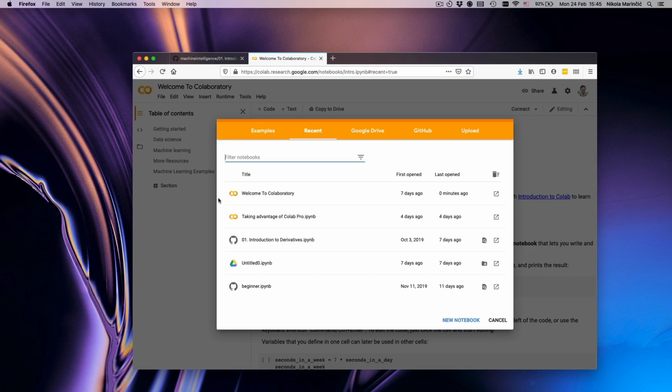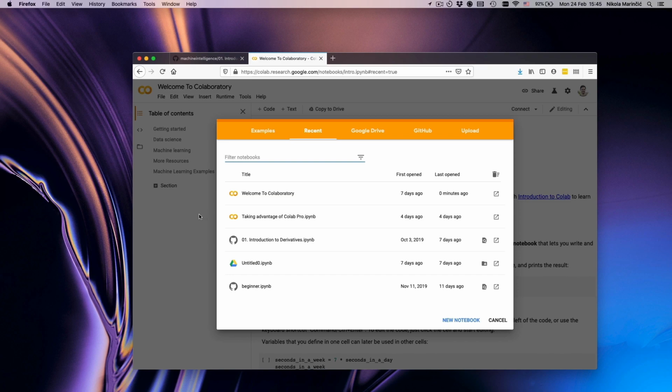If you have a Google account, Google will make this virtual coding environment for you. It will initialize it and simulate a small computer with a certain amount of memory and RAM, and it will install all the libraries in it. Everything that I use will be there. You will be able to run my code on your computer, but actually it will be run on Google servers.